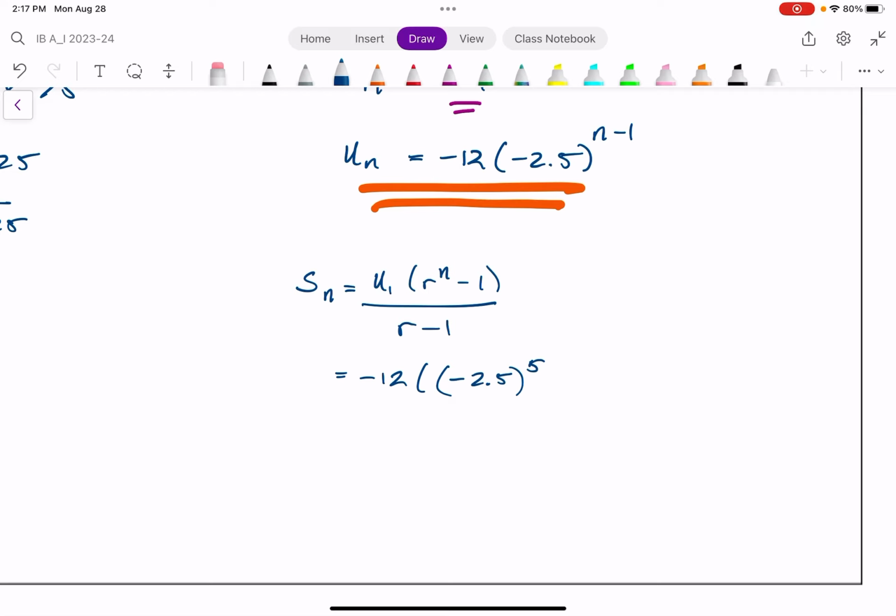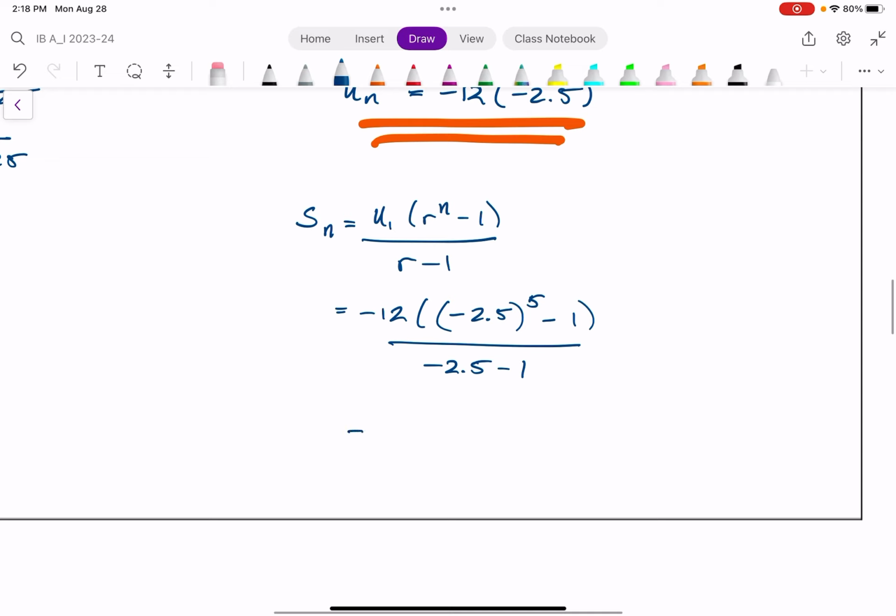We know there's 5 terms here, and that's pretty much it. The rest is just arithmetic. And be careful, there's a lot of brackets going on here. We want to be careful with our calculator, but if we do all the calculations properly, we should get negative